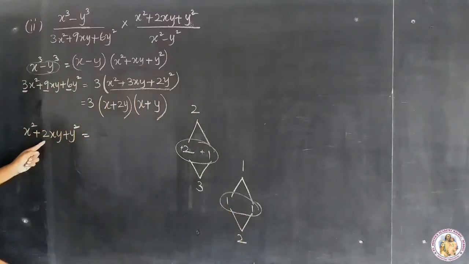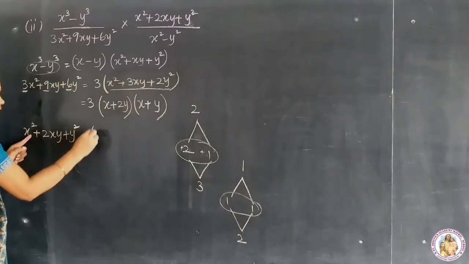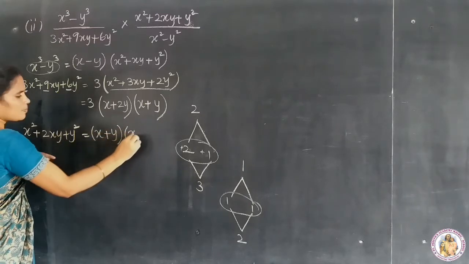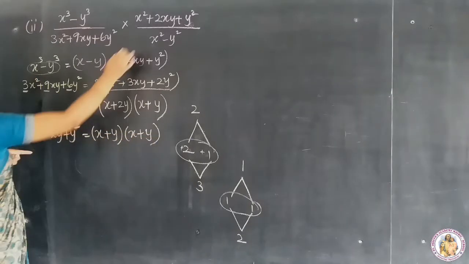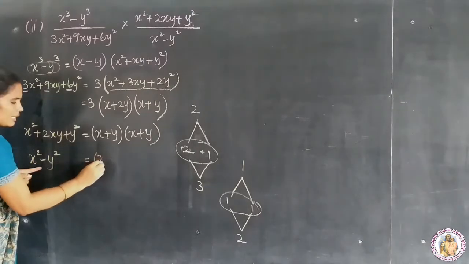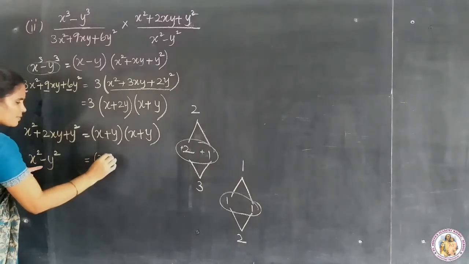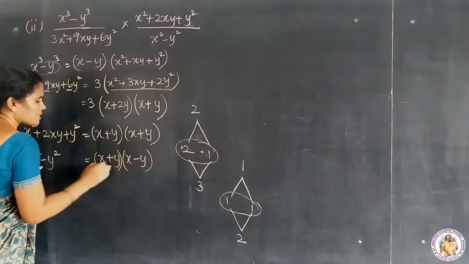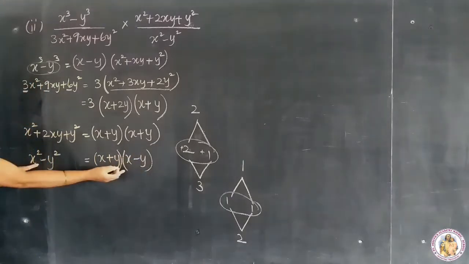So 1 and 1 are factors. Here we can take x plus y and x plus y. And then x square minus y square, that is a square minus b square. A square minus b square is nothing but x plus y and x minus y. That is a plus b and a minus b. Okay, now we can